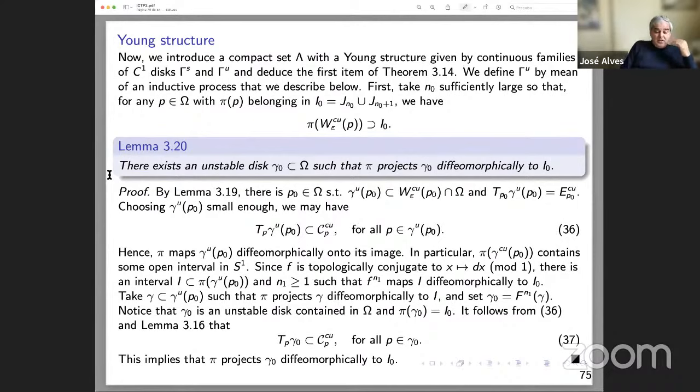Well, the family of stable disks will be easy. These are the disks that we have in the solid torus, contracting uniformly. So we need to construct a structure as the one I mentioned in the beginning of this lecture. I need to build a family, which I call Gamma U, of unstable disks, such that in the intersection of the unstable disks with the stable disk that we have, we obtain a set with a Young structure. First, we take n sufficiently large such that the projection of this